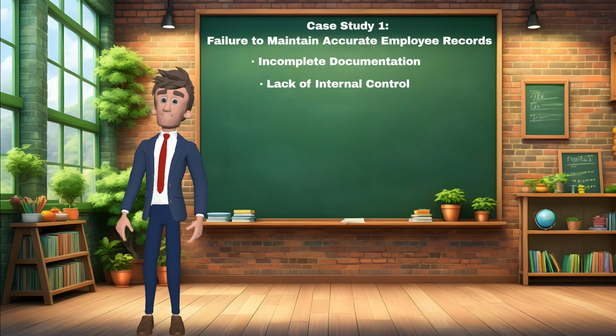Data security breach. A security breach occurred, resulting in the unauthorized access and disclosure of employee information. Confidential HR data, including personal and financial information, was compromised, raising concerns about compliance with privacy regulations and SOX requirements. As a result of SOX non-compliance, the company faced severe consequences, including financial penalties, regulatory scrutiny, and damage to its reputation. The company was required to implement remedial measures to address compliance deficiencies, including